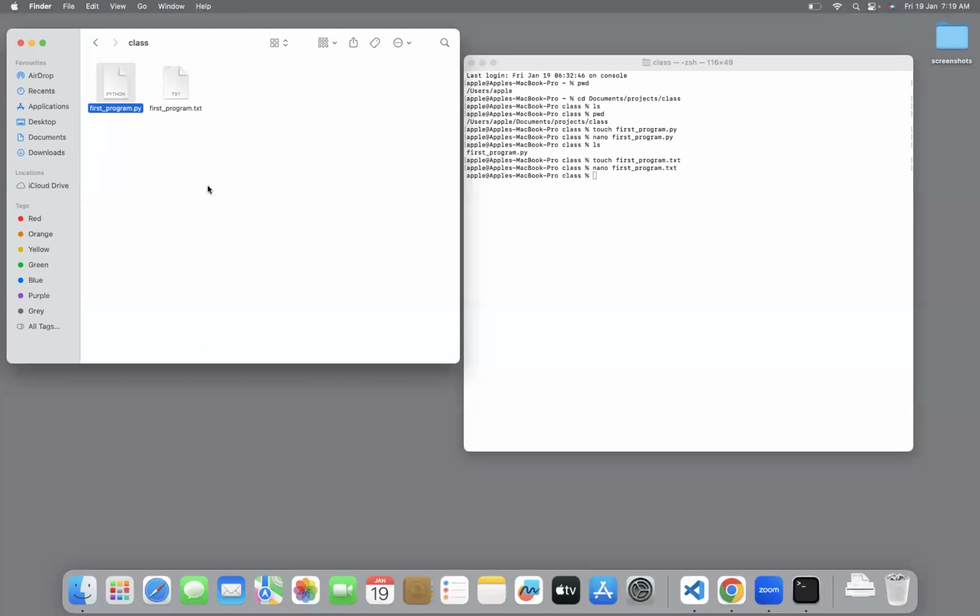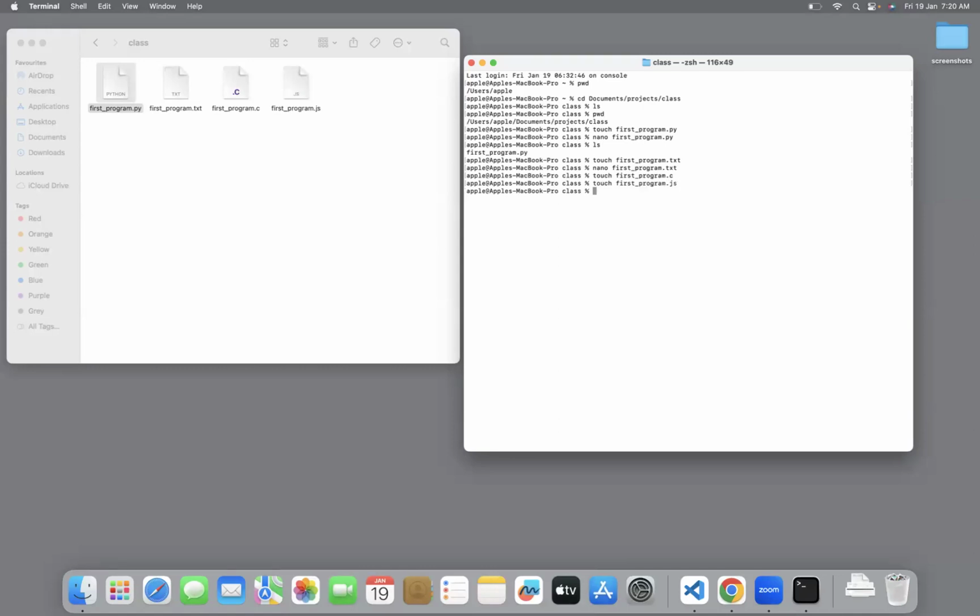Let's say if you want to create a C programming file, you have to create first program .c, with an extension called .c. If you want to create a JavaScript file, you can create .js.